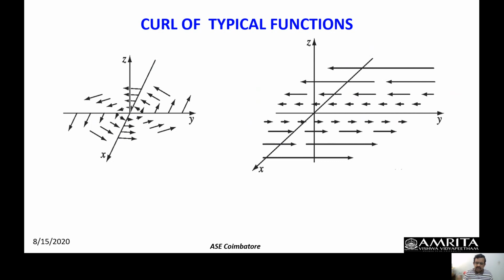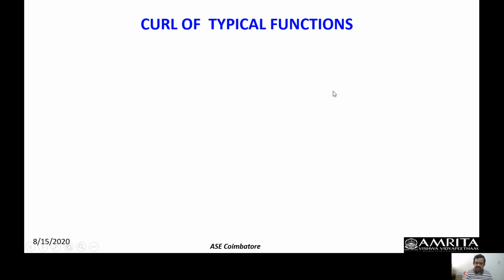Now the next one. Here also you can see that in the XY plane, in the two top quadrants the vector function is moving this way, and in the bottom two quadrants it is flowing this way in the XY plane. Here also we can see that about this point it is going to give a rotation. It appears like it only diverges because of different magnitudes, so don't get misled, because about this point it is going to rotate. We are going to see that.